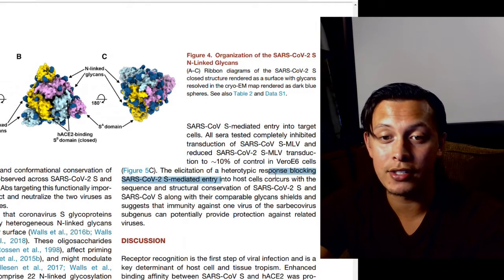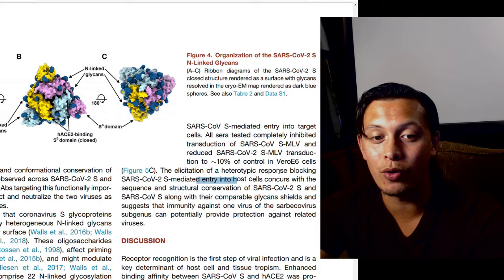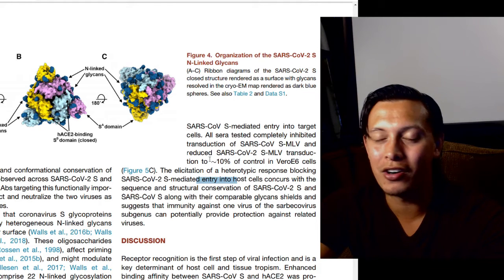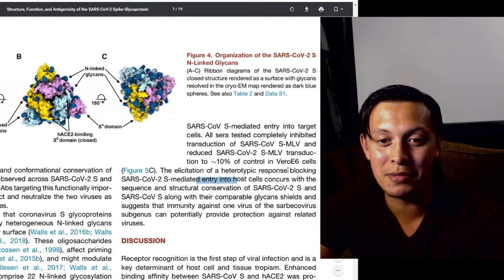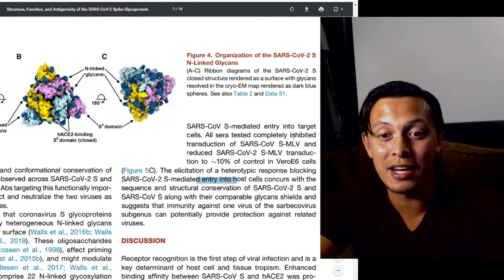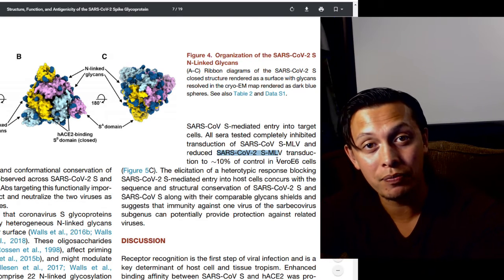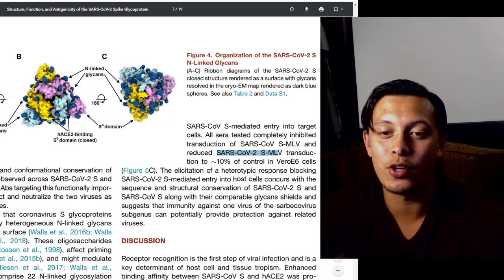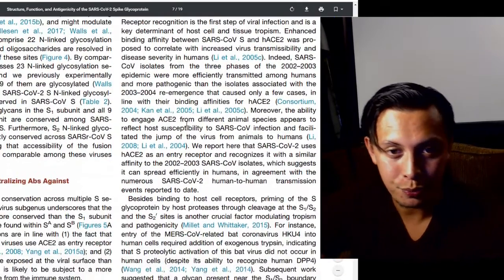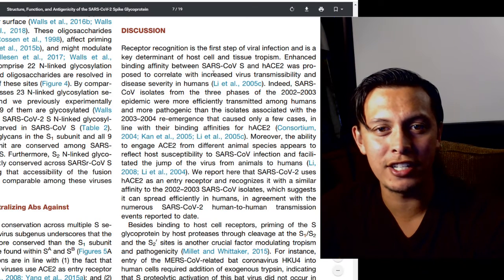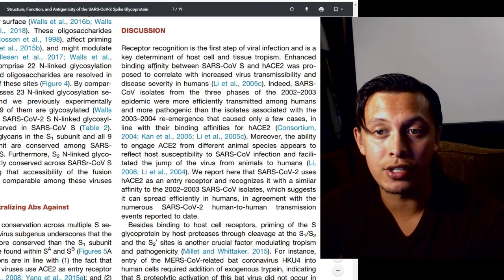So what they're saying is a heterotropic response, or basically getting a lot of different antibodies and mixing them together and injecting them, that ended up working for the SARS-CoV-2 spike. So there was cross-reactivity. Entering the discussion, receptor recognition is the first step of viral infection and is a key